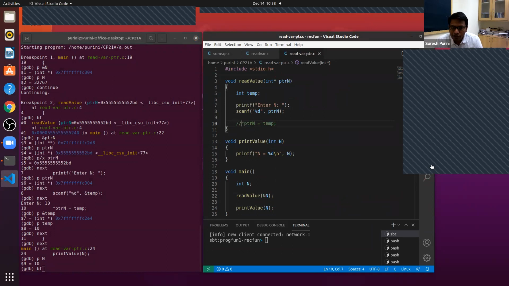Are you with me here? Because scanf needs the address of the memory location which it would like to update. So just pass PTRN. Why do you need to use temp and do all that? It's not required. PTRN contains the address, we just pass it. Star PTRN is the contents of the memory location.